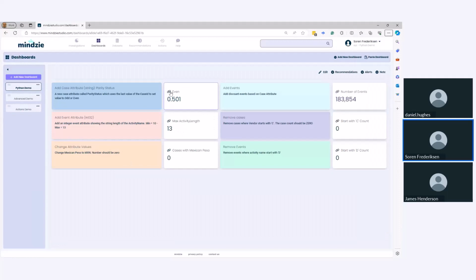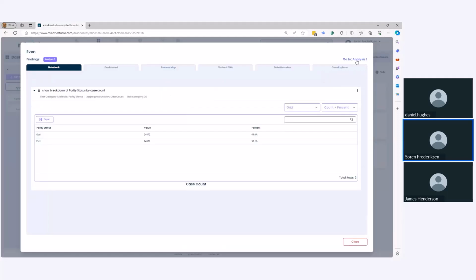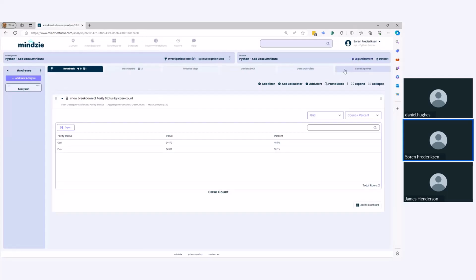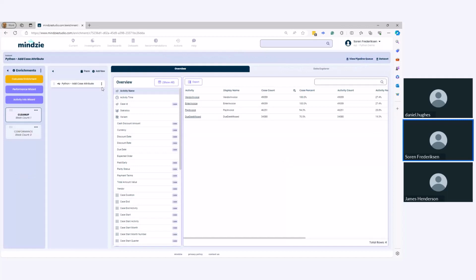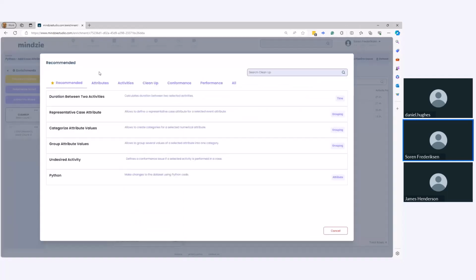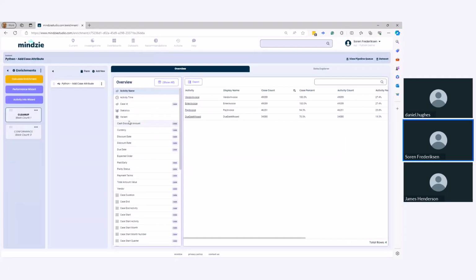So I created a little dashboard in our system, which has really nothing to do with Python, but it's just a good way for me to collect all of this on our own dashboards. The enrichment screen you go to, and I don't want to go through all of this, so I hope you have some familiarity with using our enrichments. The enrichment now has a new block you can add called Python, and once you add that, it has a few settings that I'll be going through